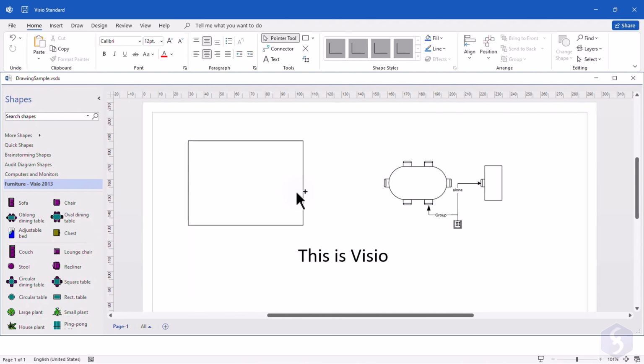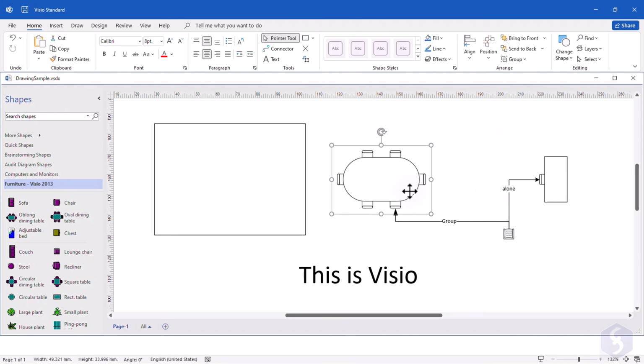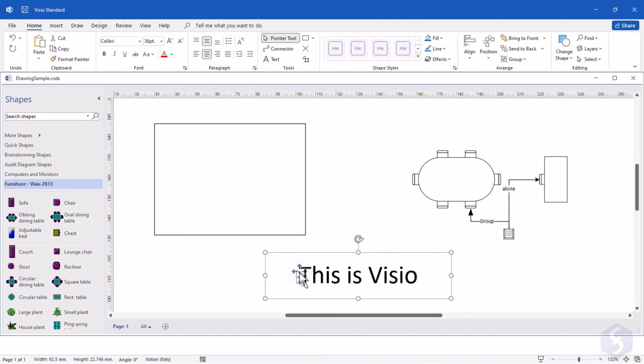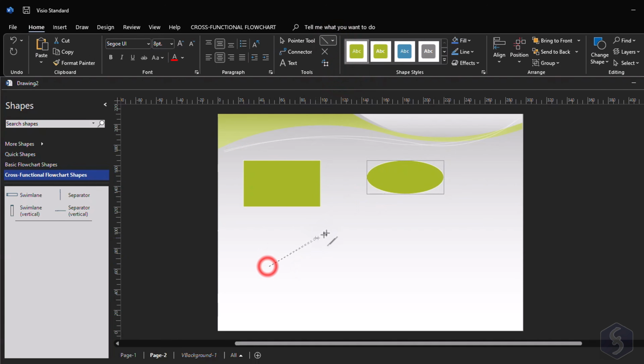Let's start drawing. You get 3 different drawings inside Visio: the shapes, such as simple figures or even complex representations, the connectors, which are wires linking more shapes together, and pieces of text to describe, add details, or make titles. Let's start with the shapes on a new blank page. Open the Home tab and use any drawing tool on top to drop rectangles, ellipses, lines, arcs, and freehand shapes by clicking and dragging on the page.